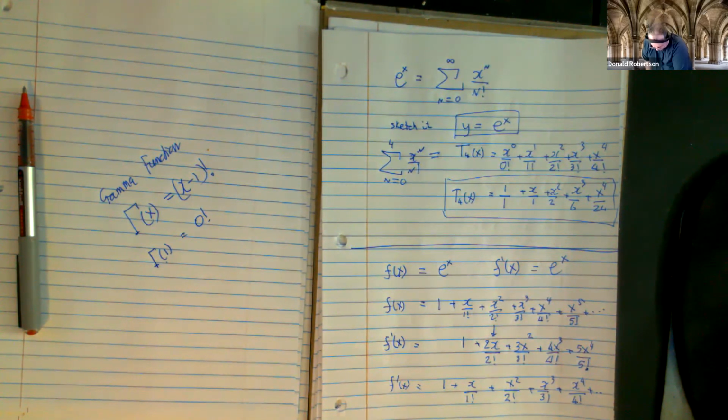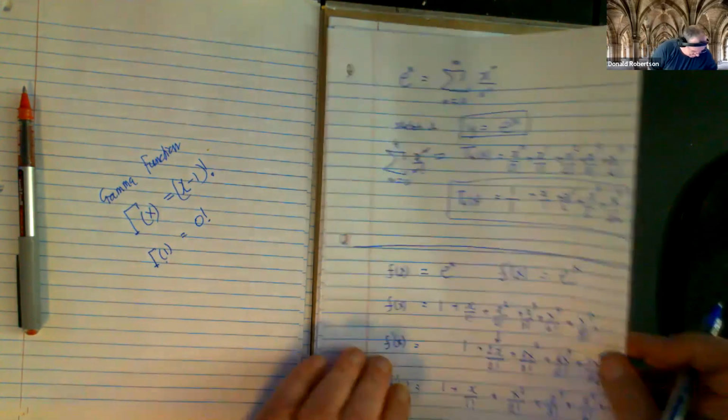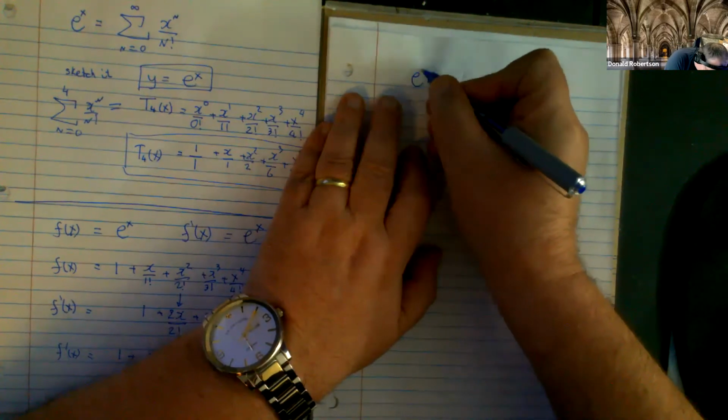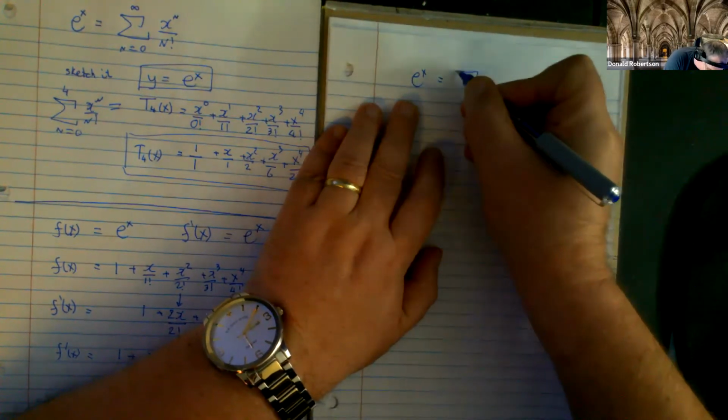So for the algebra minded people, does that convince you that e to the x is a power series? Okay. So if we assume, which we will, that e to the x is equal to this power series,